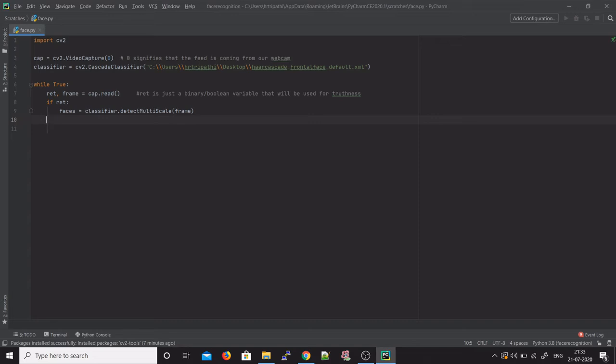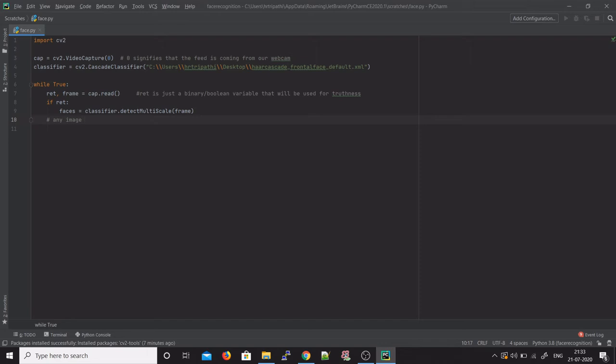And any image in RGB, so I'll just comment this, when you use computer vision, it is written as BGR, to be honest. So it's written in the form of BGR. I just append this.